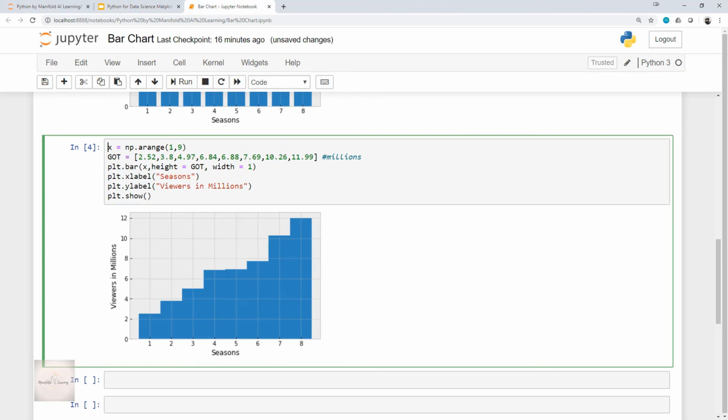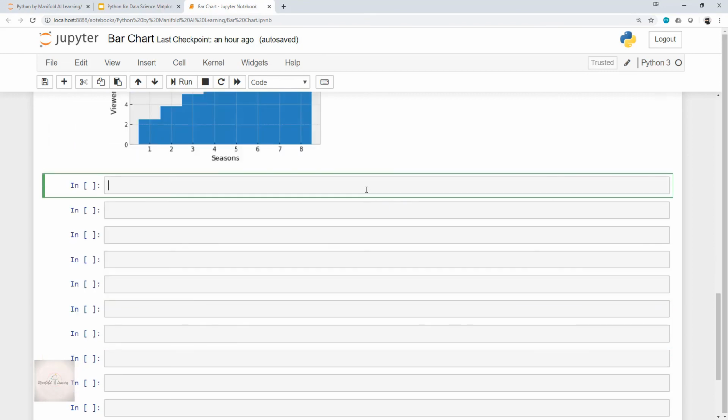Understood? Yes. Now, to be more creative with this bar chart, I'll change the colors of the bars, and also I'll specify the edge color and also the width of the edge. Fine. So again, same code, copying and pasting over here.